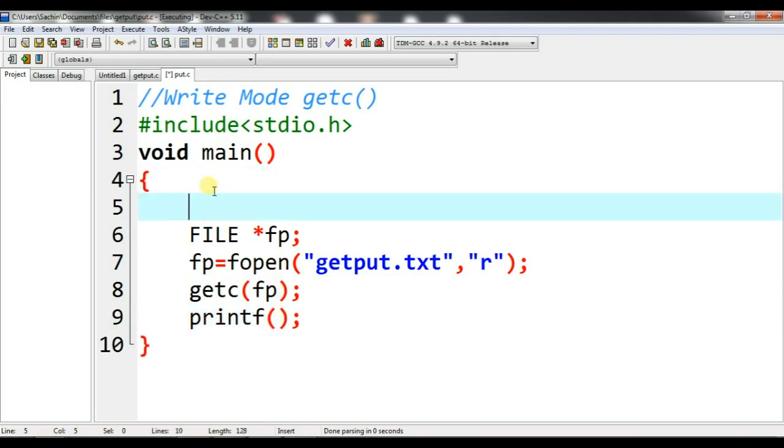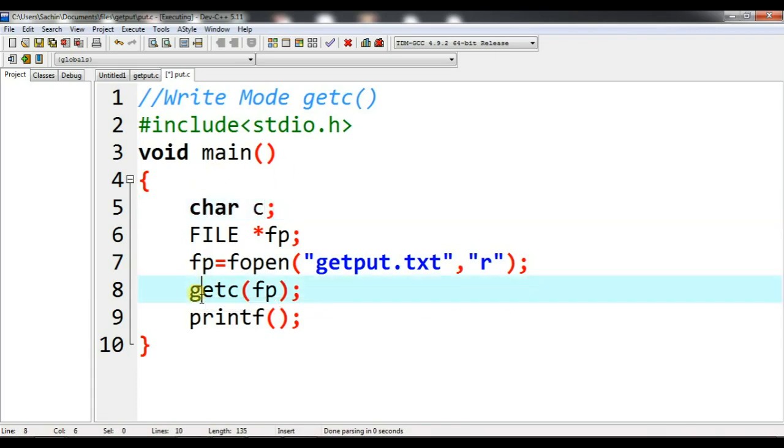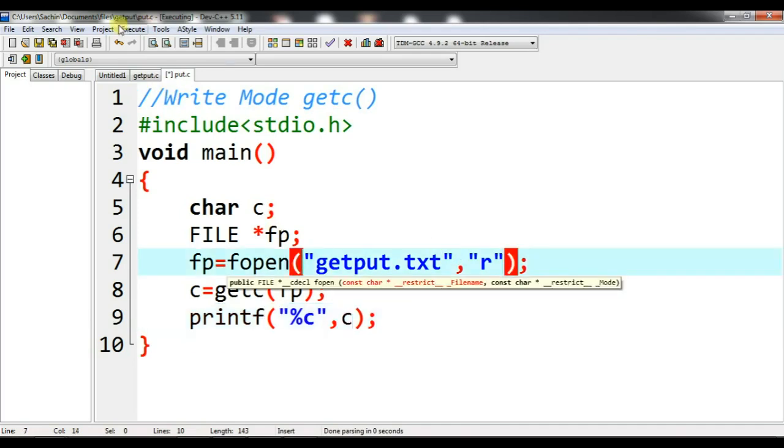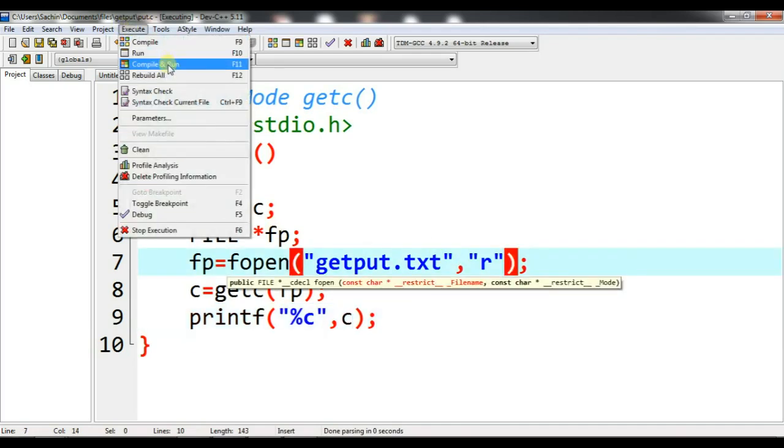Before printing, I need to declare the variable, char c. Let me assign getc to the variable c. Now I can easily print the data from the file. How? The format specifier is %c, comma, c. Let me compile and run.